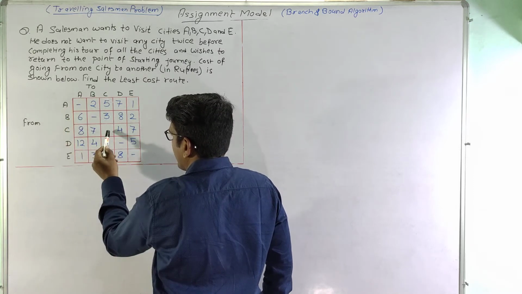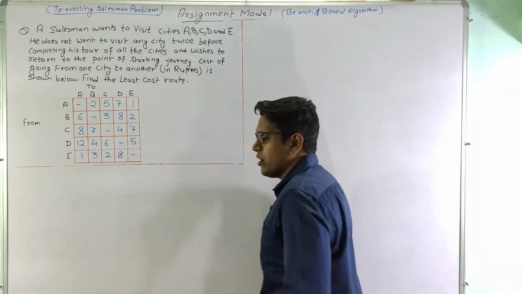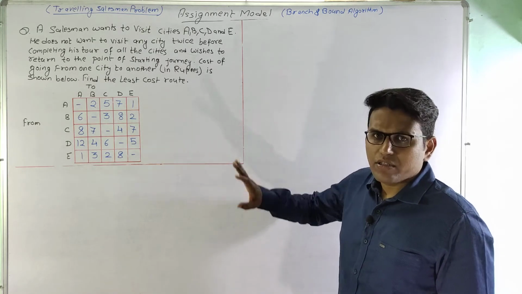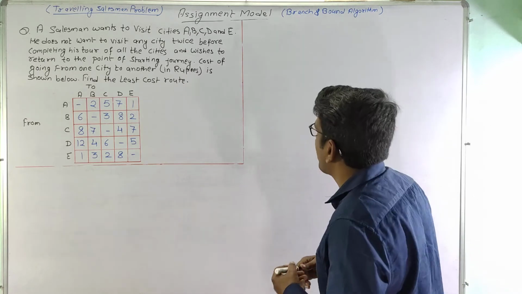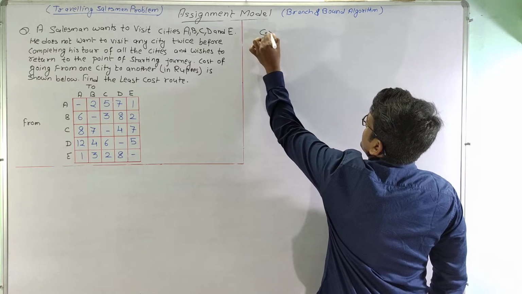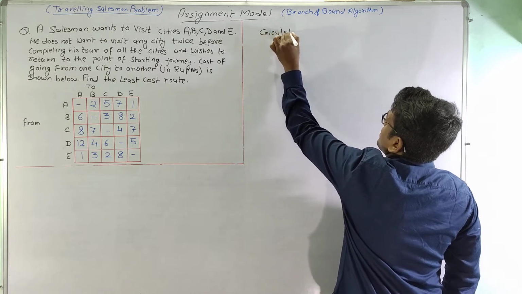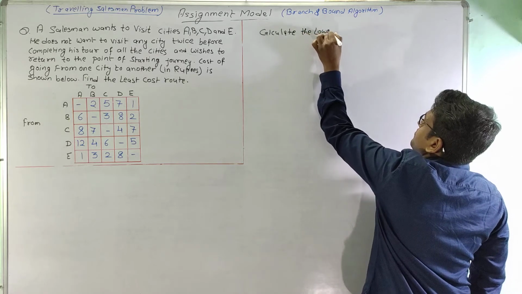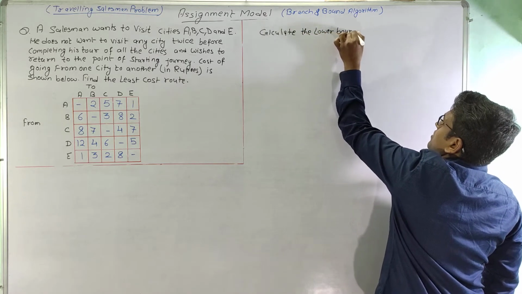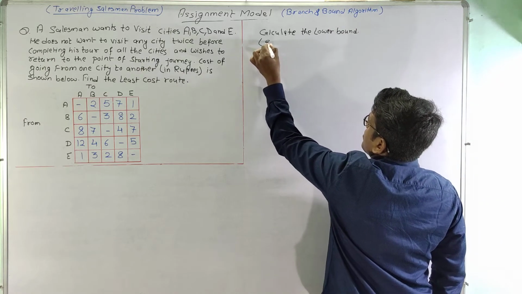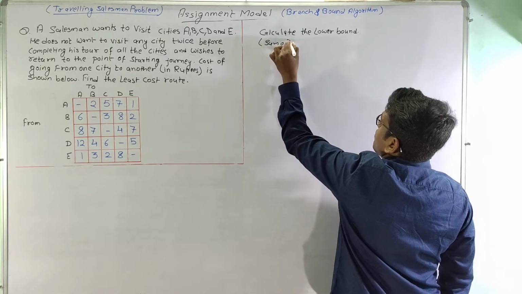So we have just put a dash sign here, and now the first step we used to do in branch and bound algorithm is to find the lower bound value. So first is to calculate the lower bound value. Now what is a lower bound value here? So lower bound value is nothing but the sum of